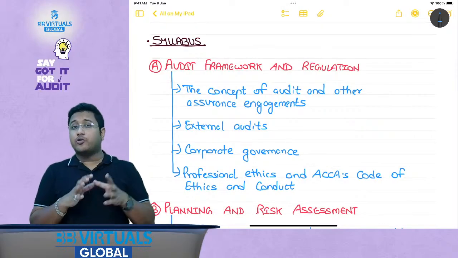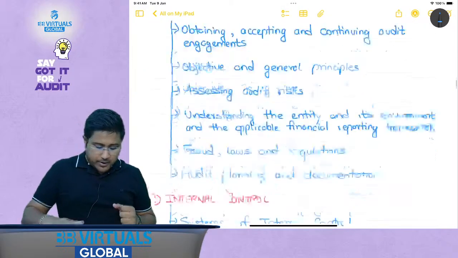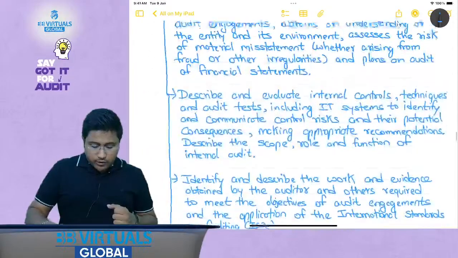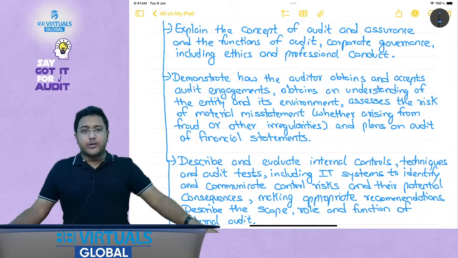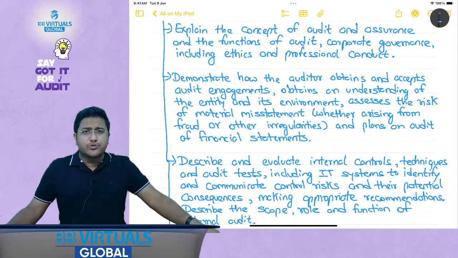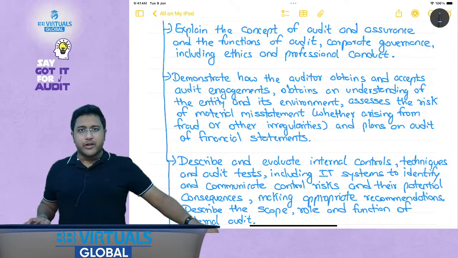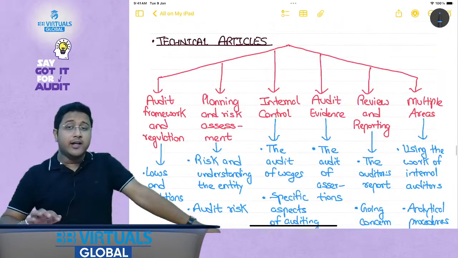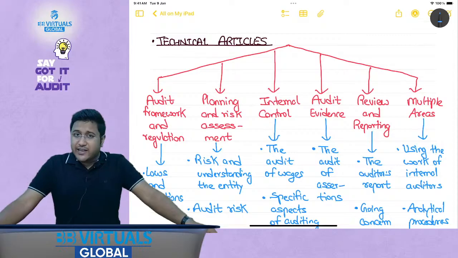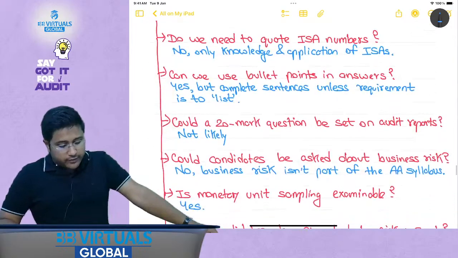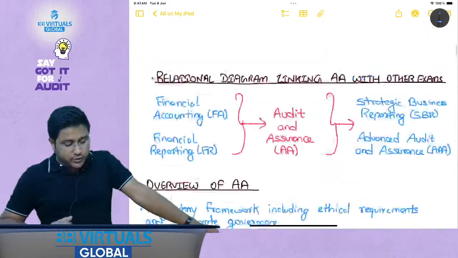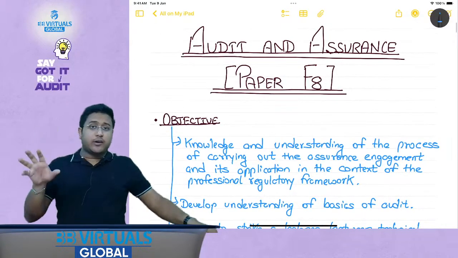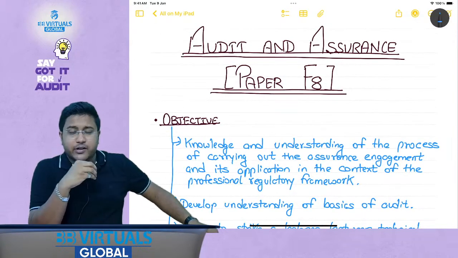Then we are going to discuss the syllabus in a little more detailed manner, and then we are going to discuss the main capabilities that you should be able to develop as an AA student. If you have these capabilities as an AA student, then you will definitely pass in your June 2026 attempt. Then we will be discussing the importance of technical articles. Do we need to read them? If we have to read them, then what are the technical articles that we should refer to? And then we are going to discuss some FAQs, and then we are also going to go over the batch details. Those are the topics that we have to cover in this particular video.